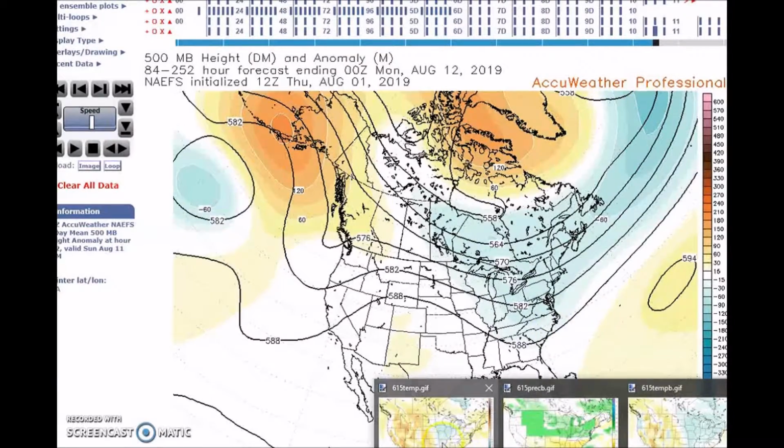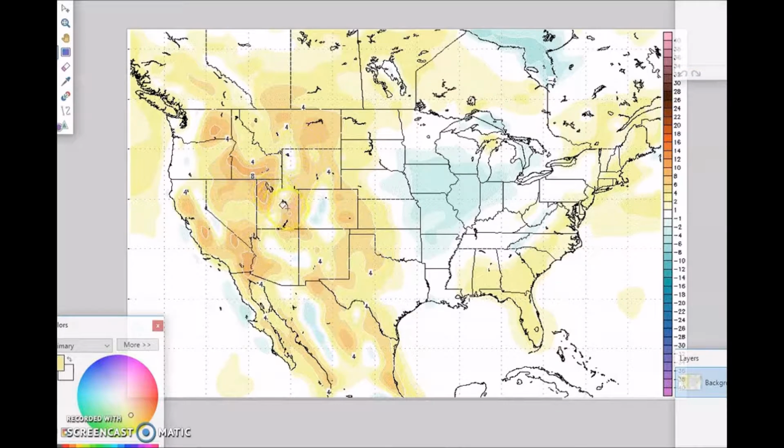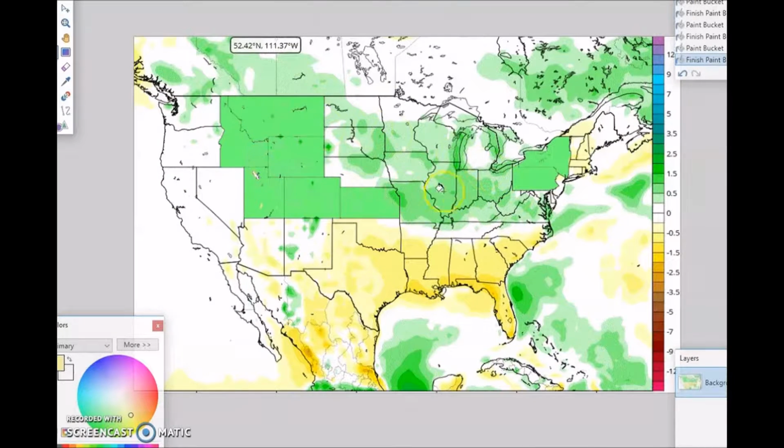So for this forecast period, I'm forecasting above normal temperatures for the western U.S., and for the southeast, mid-Atlantic region and the northeast. Anomalies of 2 to 8 degrees above normal are forecast, and below normal temperatures are forecast here with anomalies of 2 degrees below normal. For precipitation, I'm calling for above normal precipitation generally for the northern U.S., and the probability of occurrence is 35 to 40%. Below normal precipitation is forecast here, probability of occurrence is 35%.